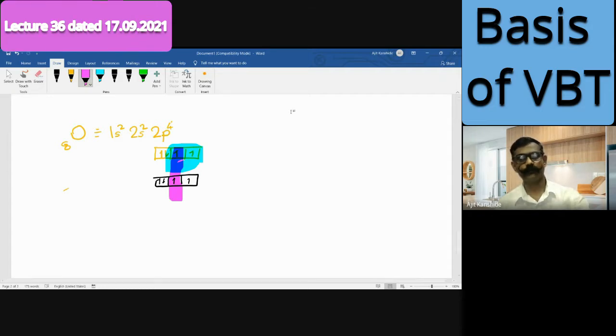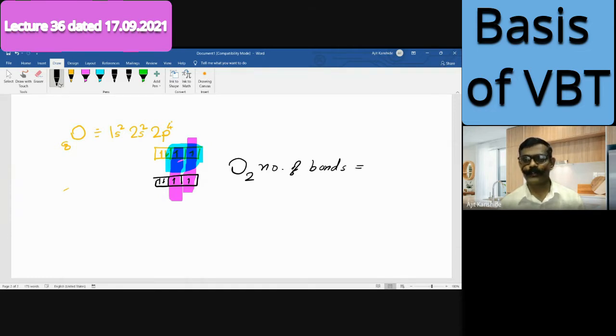Similarly, the other unpaired electron from one oxygen and the unpaired electron from the other oxygen will overlap. So, my question: in O2 molecule formation, how many bonds will be there? In the O2 molecule, how many bonds are there? 2. Yes, 2 bonds are there. Those 2 bonds are because of these 2 unpaired electrons. Here also 2 unpaired electrons are there, because of that 2